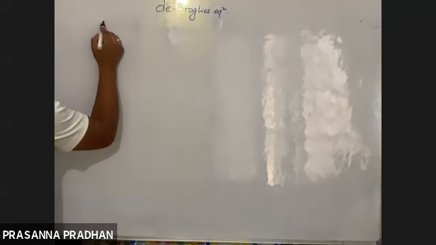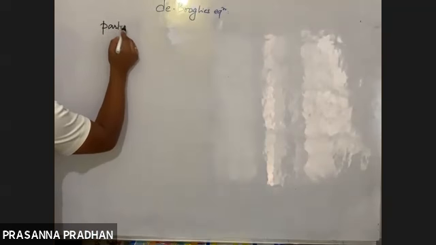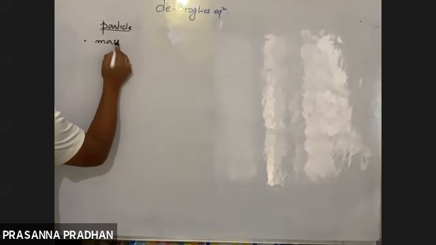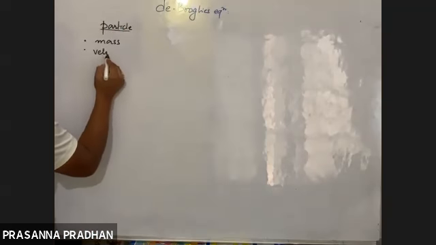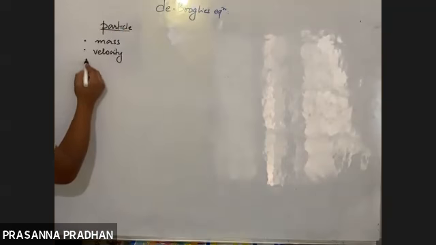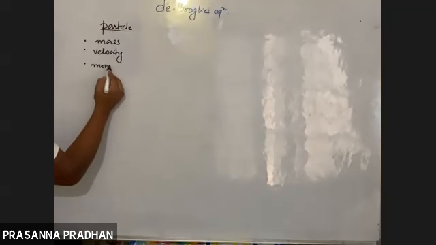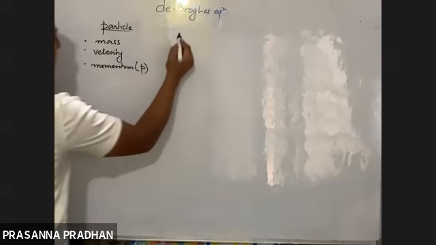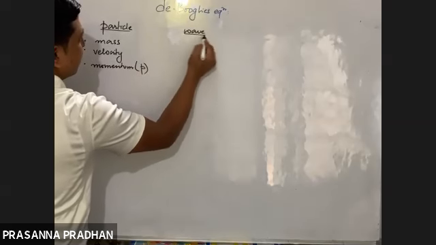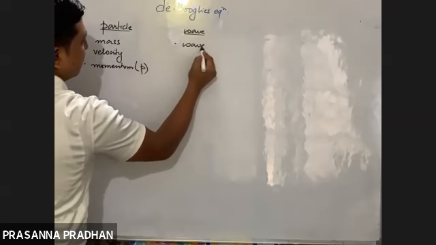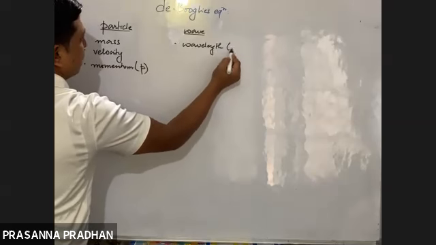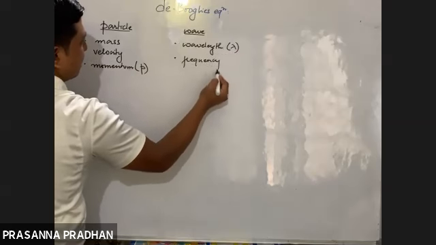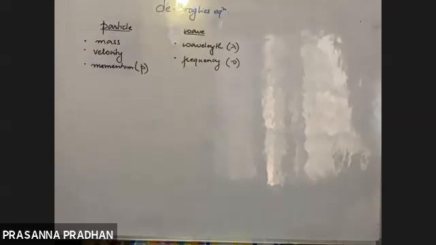So a particle is characterized by what? What should we know about a particle? It should have a mass. A particle, if it is moving, should have a velocity. Mass is there, velocity is there, so it should have some momentum. So these are the characteristic features of a particle. Whereas what are the characteristic features of a wave? Wavelength. What else? We have studied frequency and so on. These are the characteristics of a wave.